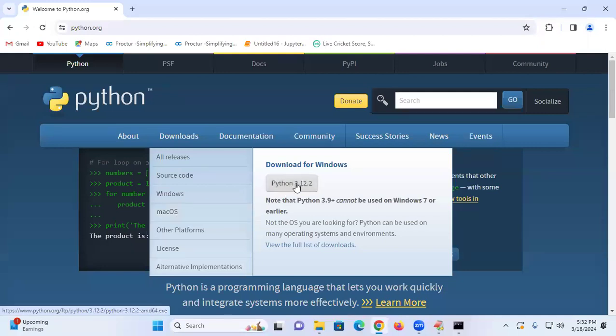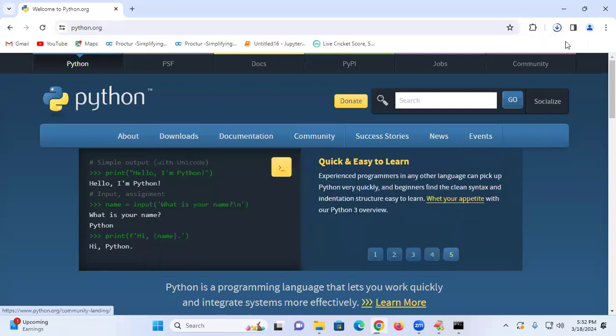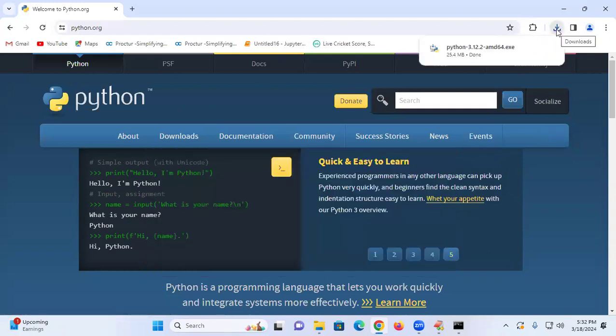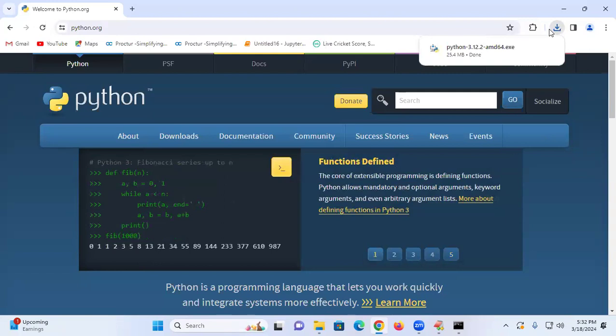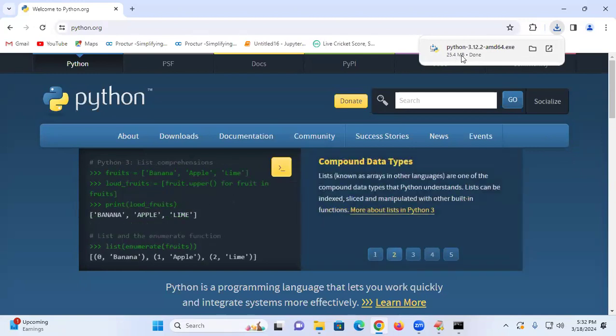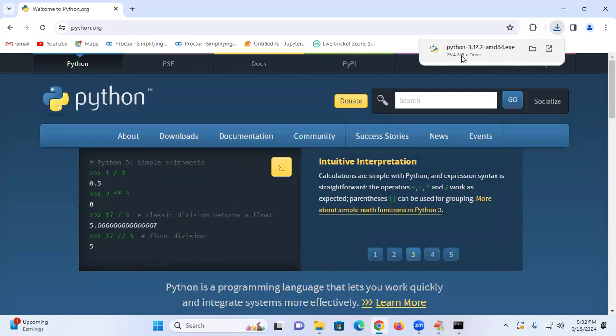Now, 3.12.2, click on that, all of you. Take care, all of you. It is going on the top of it. Are you seeing it on top? It is Python 3.12, done. What is the size? 25.4 MB only. Of course, you have more knowledge about downloading videos, movies recently released. You will search here and there and download videos. Correct or not? And after all, Python is 25.4 MB.